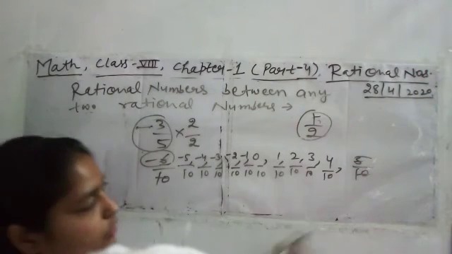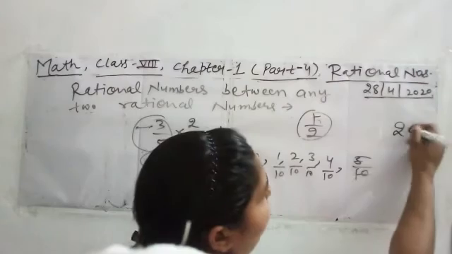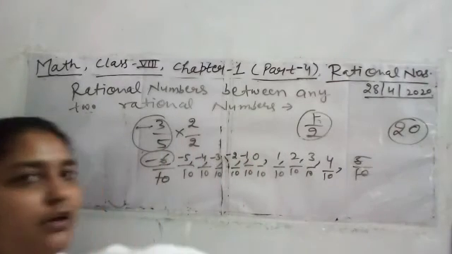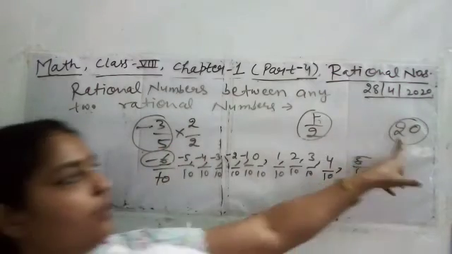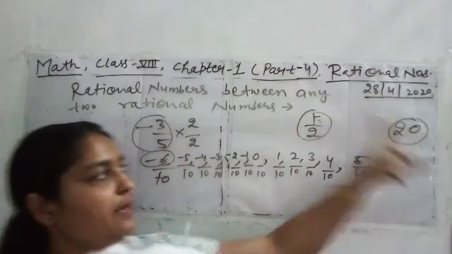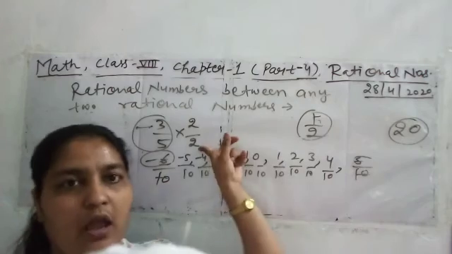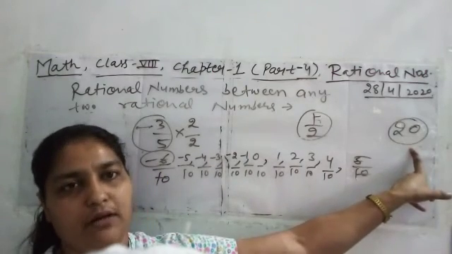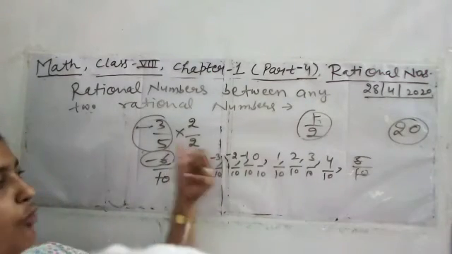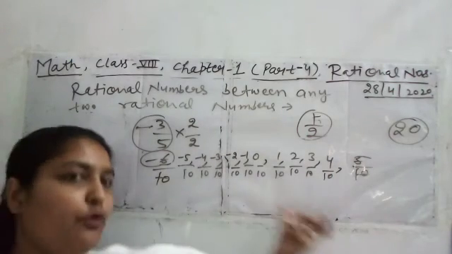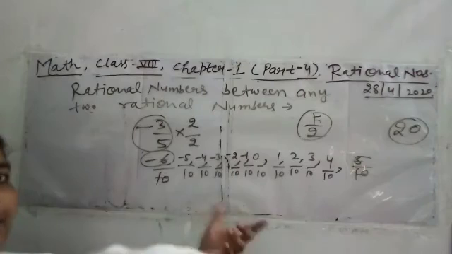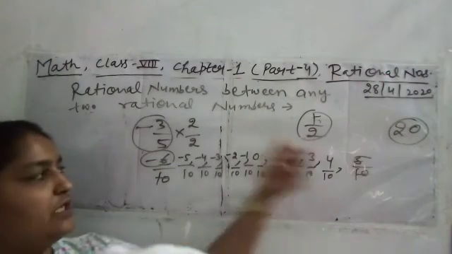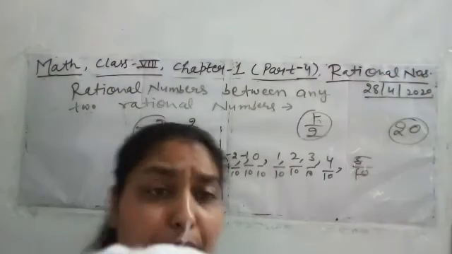Now you have made common multiple 10. If you make the common multiple 20, because after 10 the common multiple is 20 only, which comes in the 5 table also and the 2 table also, meaning 20 will be divisible by 5 and 2. After 10, 20 is the only number. Then you have to make the denominator 20. Then if you solve it, more than 10, near about 20 rational numbers will be between these two rational numbers. This is one method.